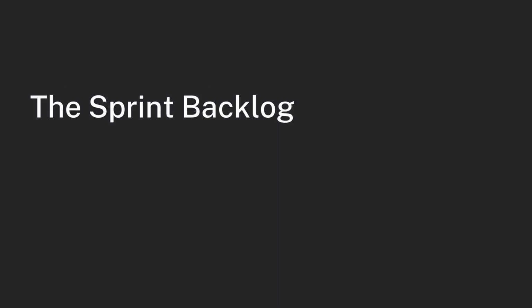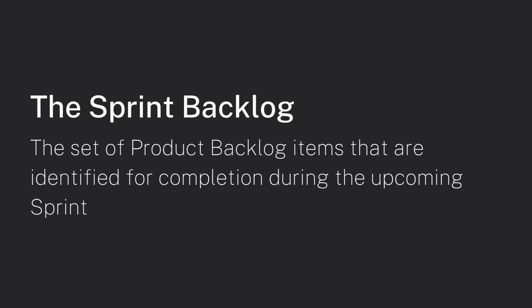A key deliverable of the sprint planning event is the sprint backlog. The sprint backlog is the set of product backlog items that are identified for completion during the upcoming sprint. In other words, the sprint backlog is a subset of items from the product backlog that you'll aim to finish